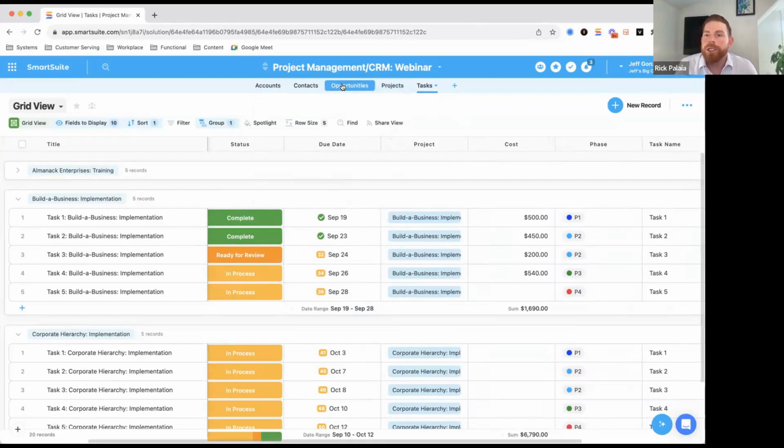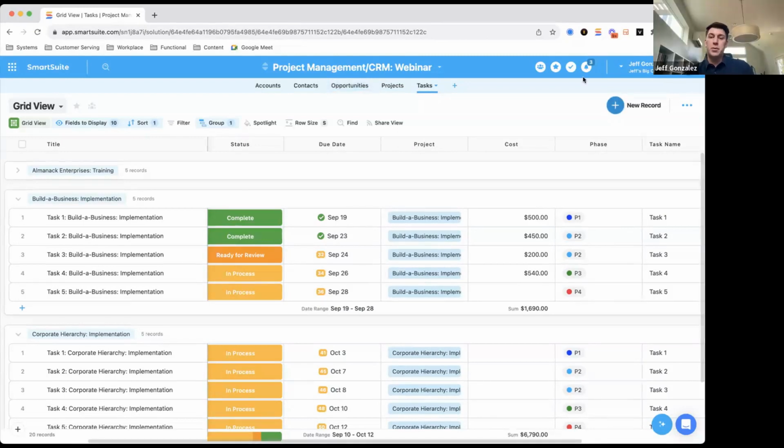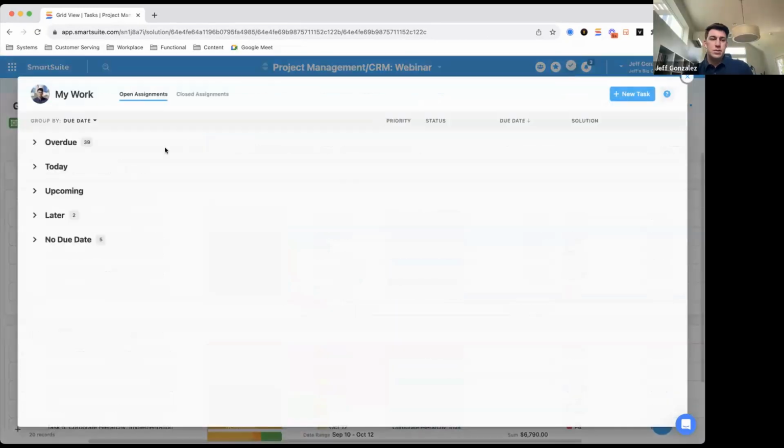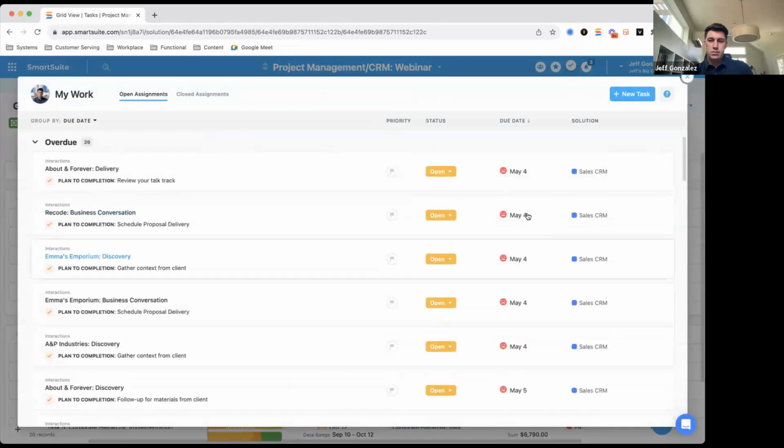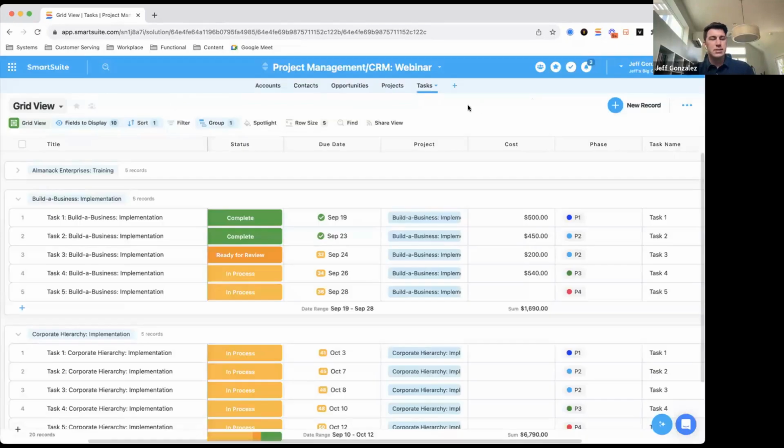And then Adam has a question around, can you have a task set with no due date and still have it appear in my work? No, so the due date's going to be really important so that we understand where it's actually going to fall. But you can still make it really easy for somebody to see all of the tasks that have been assigned